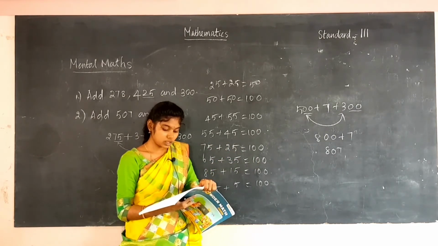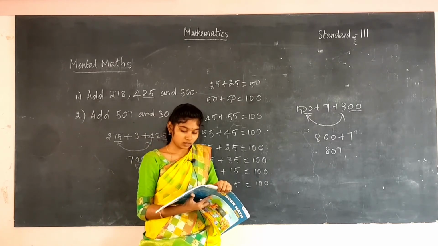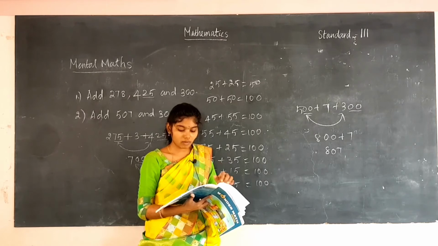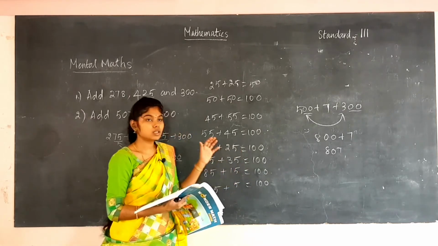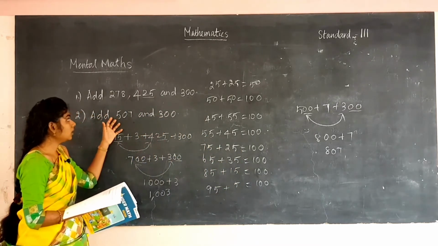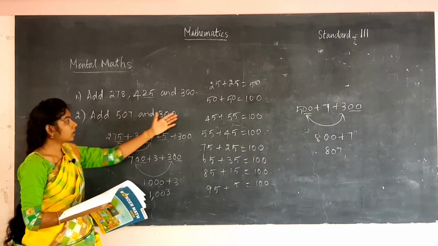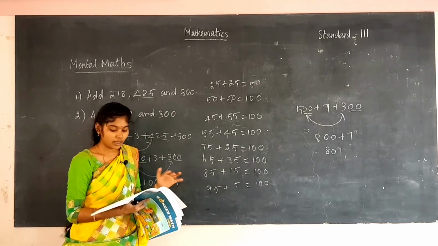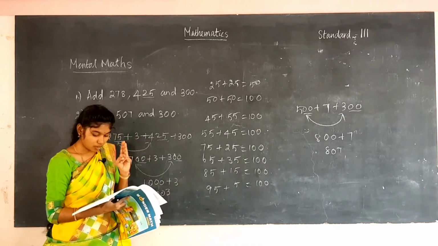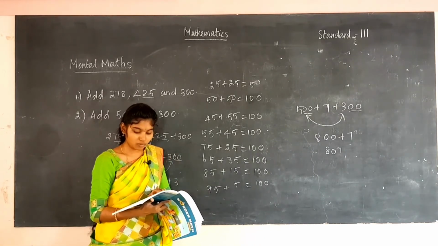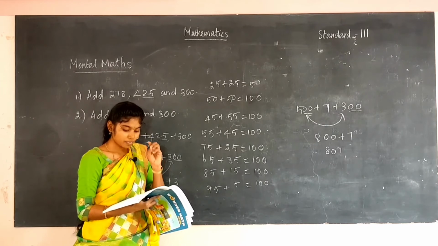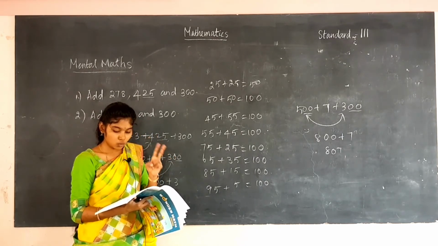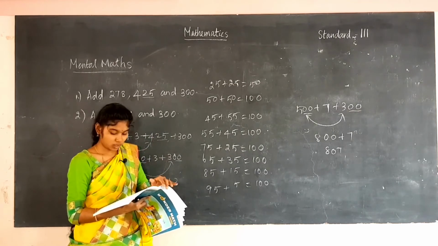Then the next one, see that, tick the correct option. There are 3 sums given there, 363 plus 437 plus 500. So use this method, using these friendly numbers, and you can find the answer. In the first one, there are three 3-digit numbers given for addition, and in the second one there is one 4-digit number, one 3-digit number, a 2-digit number and one 1-digit number.